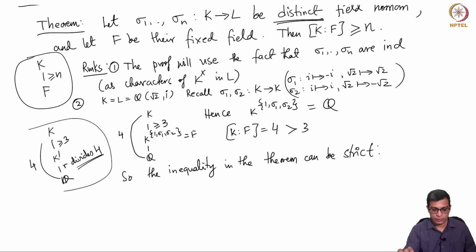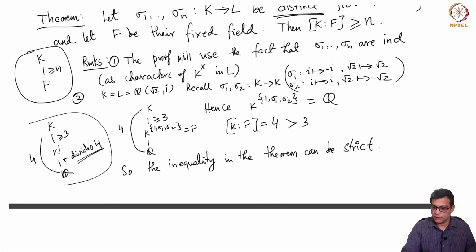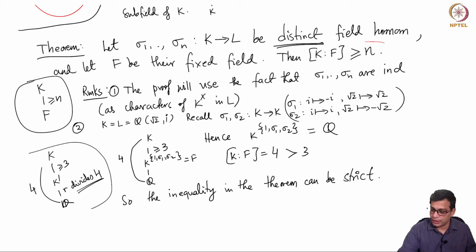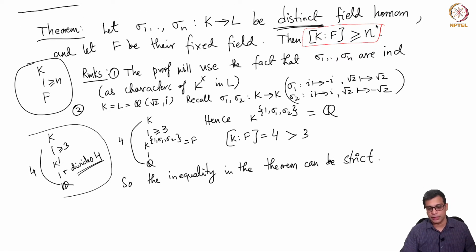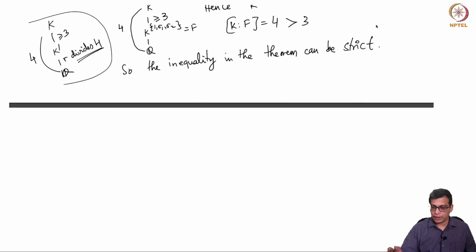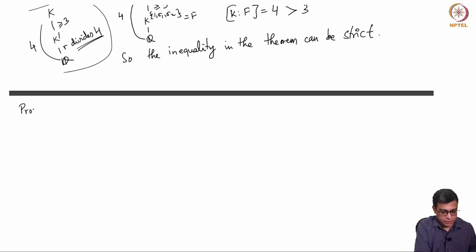Okay. So that we will do later. But for now we are only saying that [K:F] is at least n. That's all. Okay. So let me now start the proof. As I said, the proof is really nothing but an exercise in linear algebra, and please slowly follow this. This is not difficult and it's very nice. It's actually a very clever proof, and it uses pretty much nothing more than linear algebra.